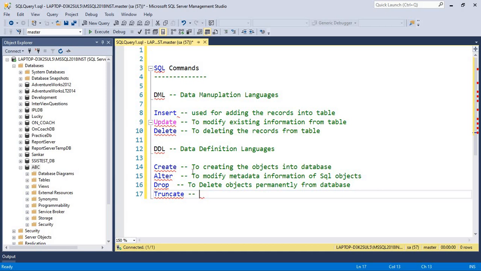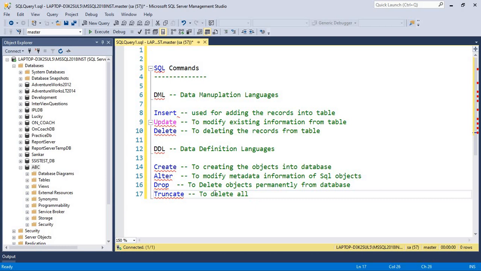Truncate and delete. Under DML, delete we have already discussed. There are a few more differences between truncate and delete, which we can discuss later.